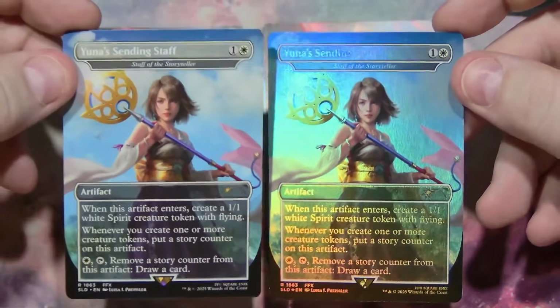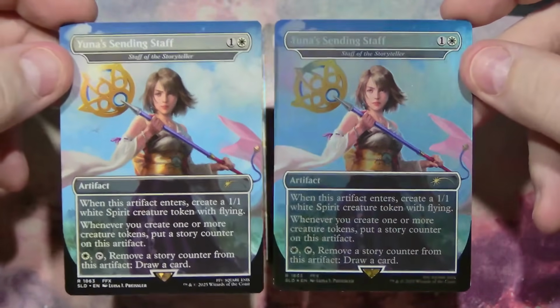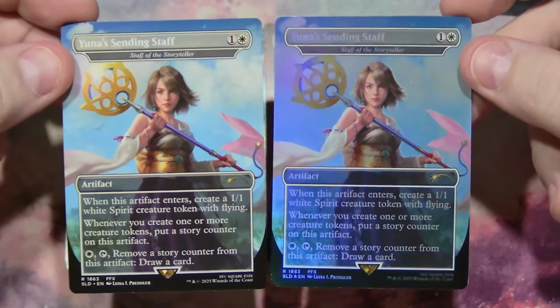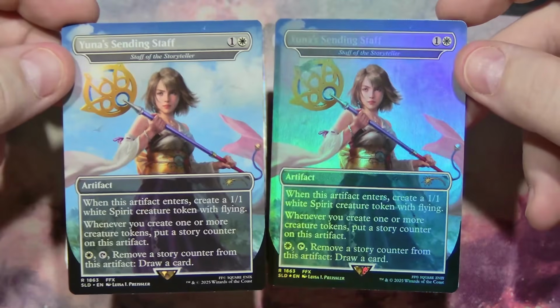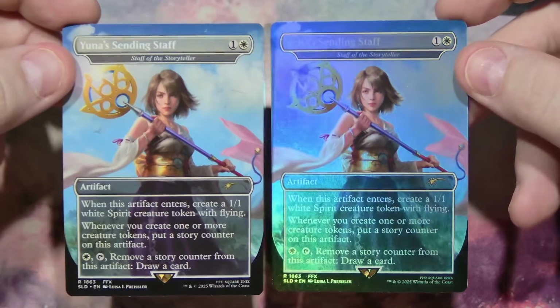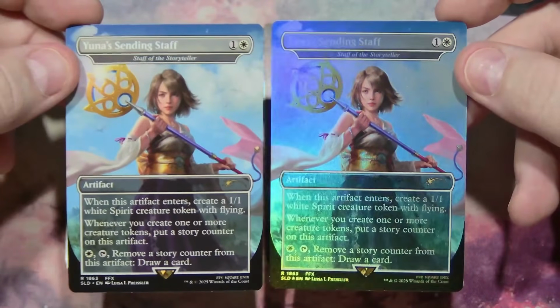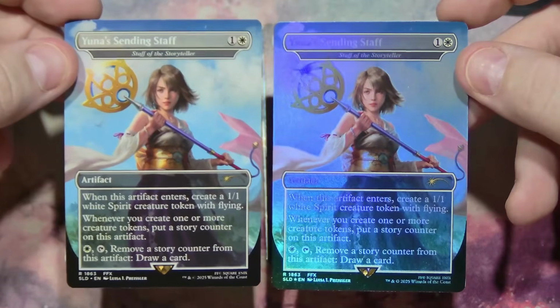I'm saying this because they're all the summons. The art is the summons from 10, and we're looking at Yuna's Sending Staff here, which is the Staff of the Storyteller. It's a fantastic reprint. I think this is one of the first reprints of this in a long time. Or ever, maybe? Pretty sure this was in a Commander product or something, but